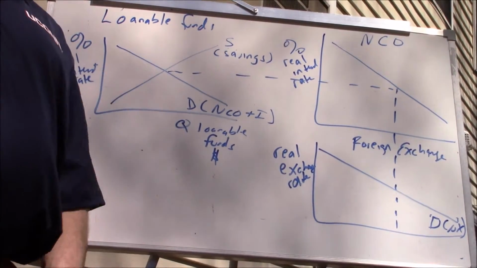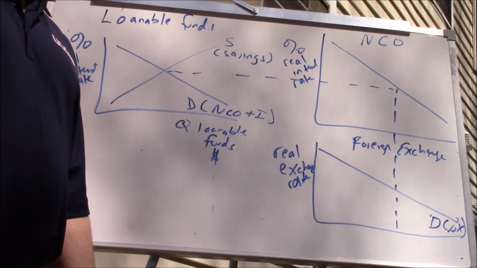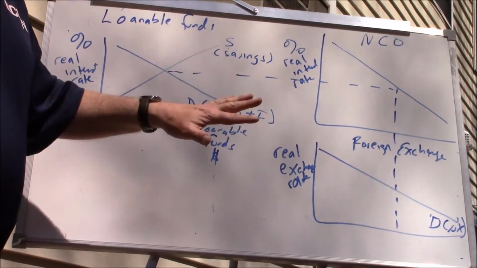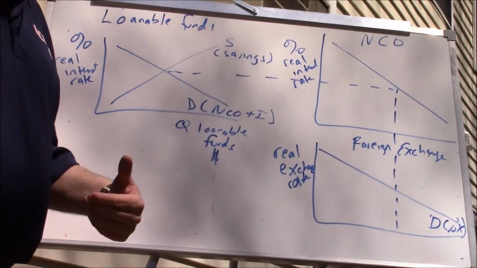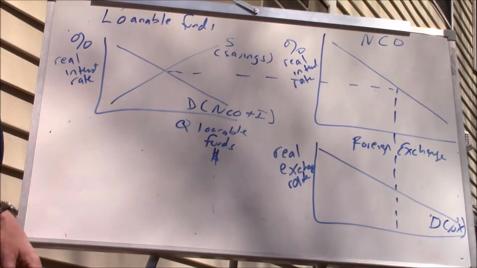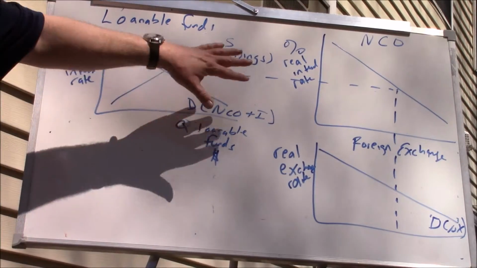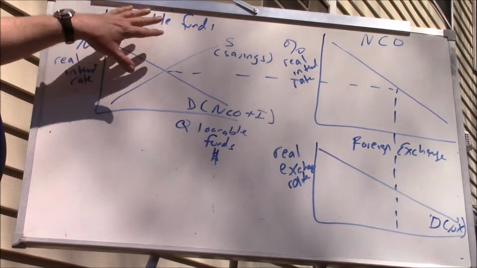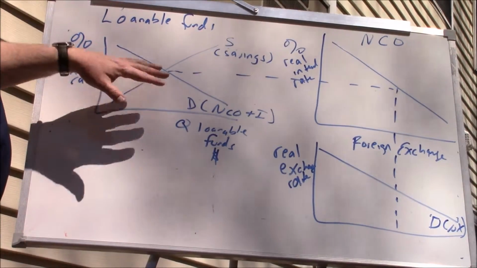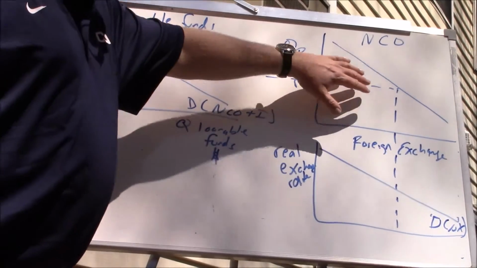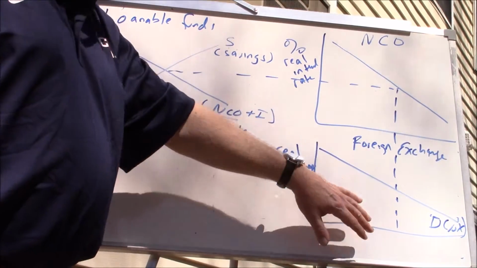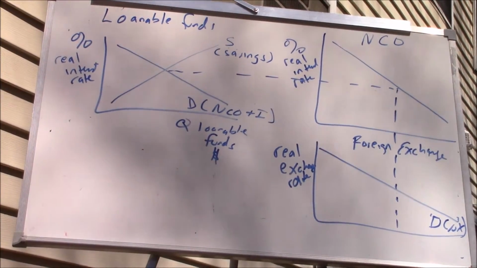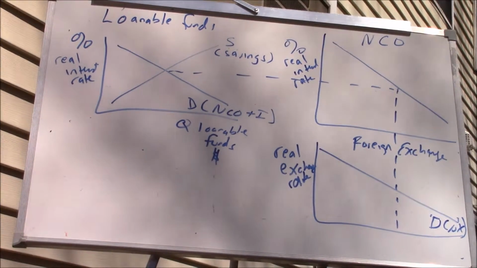And one of the solutions that's proposed is some sort of quota or tariff on some of the goods that are being sold in this country that are being produced abroad. Well, so this is the market. So remember, this is the market for loanable funds, determined by savings and investment, setting the real interest rate. The real interest rate determines the amount of net capital outflow, and then net capital outflow and net exports end up determining the real exchange rate.